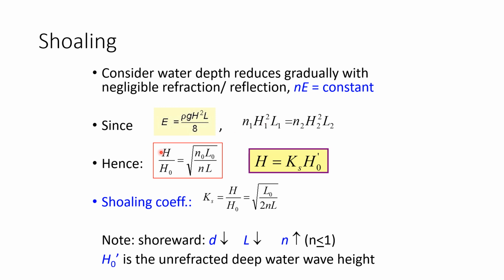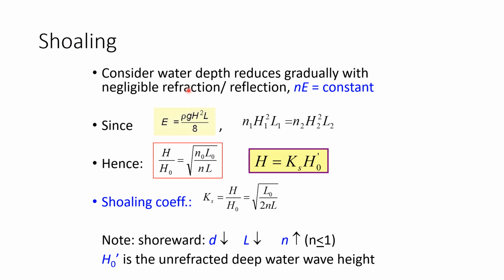So what we have just done is introduce the Shoaling coefficient, and we say that H equals Ks times H0. But you notice here there's another prime that is introduced into the equation: H equals Ks H0 prime. We use H0 prime to refer to the unreflected deep water wave height. So H is the wave height, H0 is the deep water, and H0 prime, the prime is unreflected,